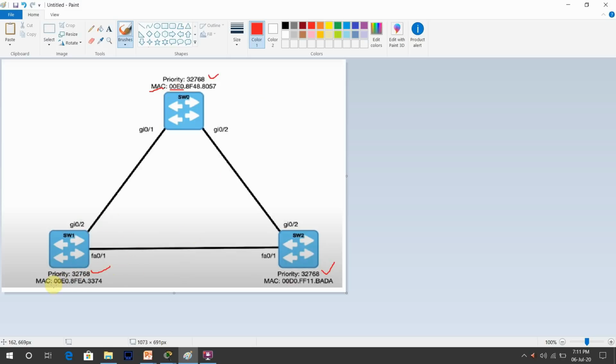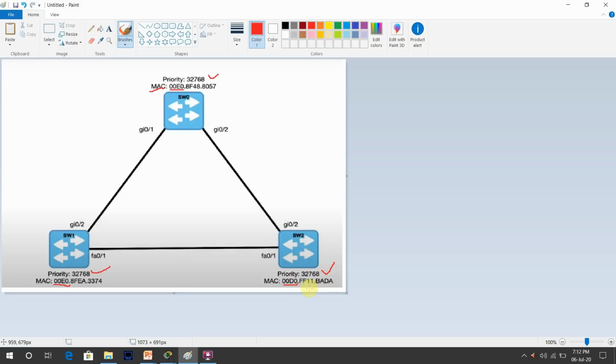Okay, now if we see EE0, these letters are all the same, but here it is EE00 D0. So it means D in decimal, in hexadecimal notation. D has the lowest value; D0, E will come, meaning it's the higher value. If you know hexadecimal notation, D is the lowest one. So this switch 2 has the lowest MAC address. If you see this one, it has the lowest MAC address.